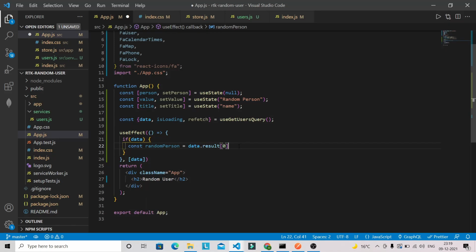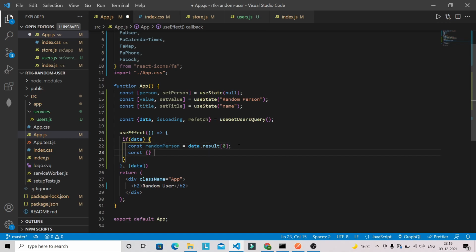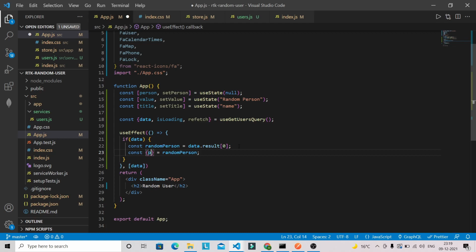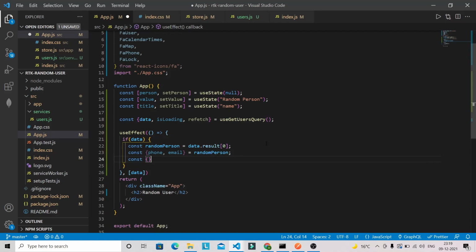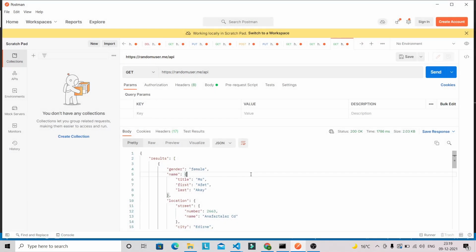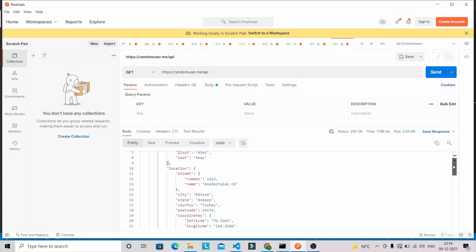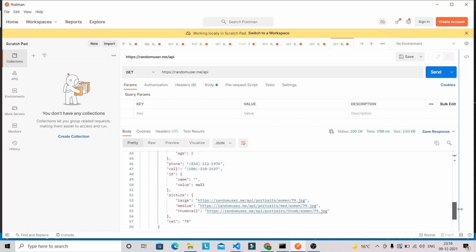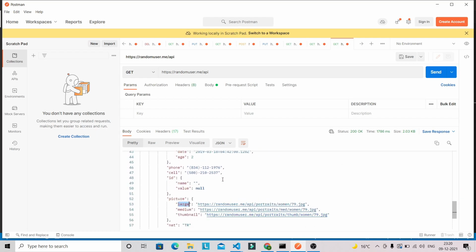So now we have got this random person, and after that we need to destructure some details from random person. So the details we need to destructure are phone, email, and guys, we are also going to modify some object property from this response. Okay, if you look at the response, we have one large. You can see that the image is contained in large, so we are going to modify this object property as well.